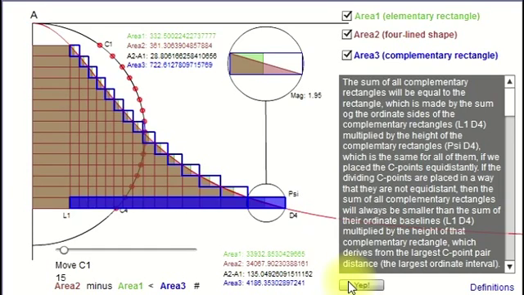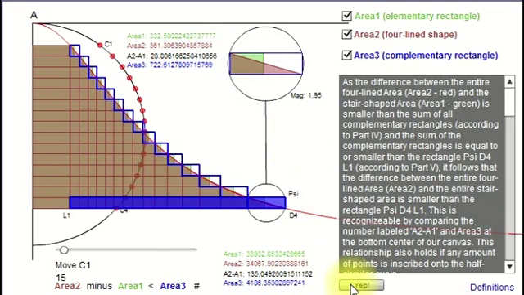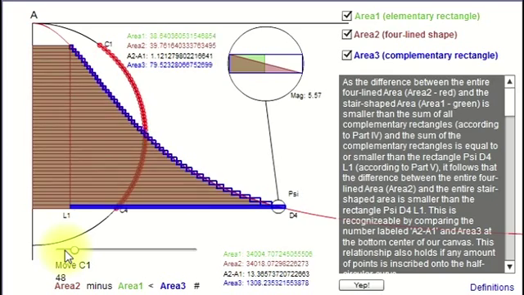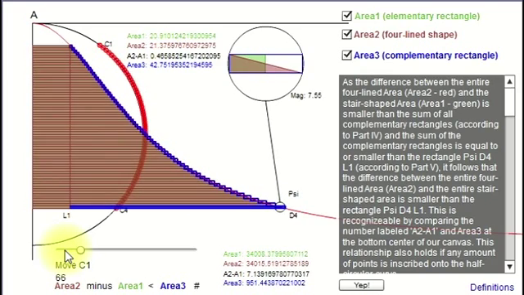By doing this, you can very clearly show that the principle stays intact within these complementary rectangles. The relationships, based on our little tetragonism construction principle, between the complementary rectangle, the elementary rectangle, and the quadrilinear shape, hold. Because if we go on placing an increasing number of points on this curve, we increase the number of